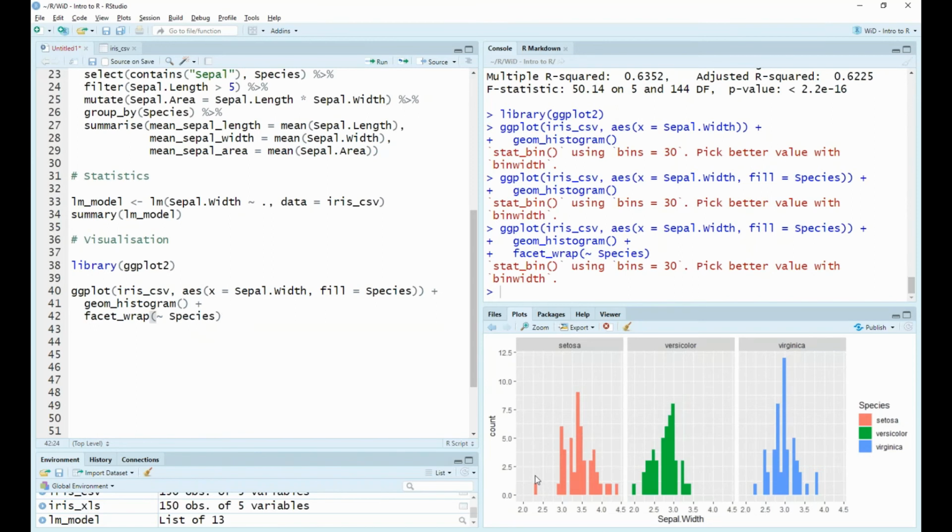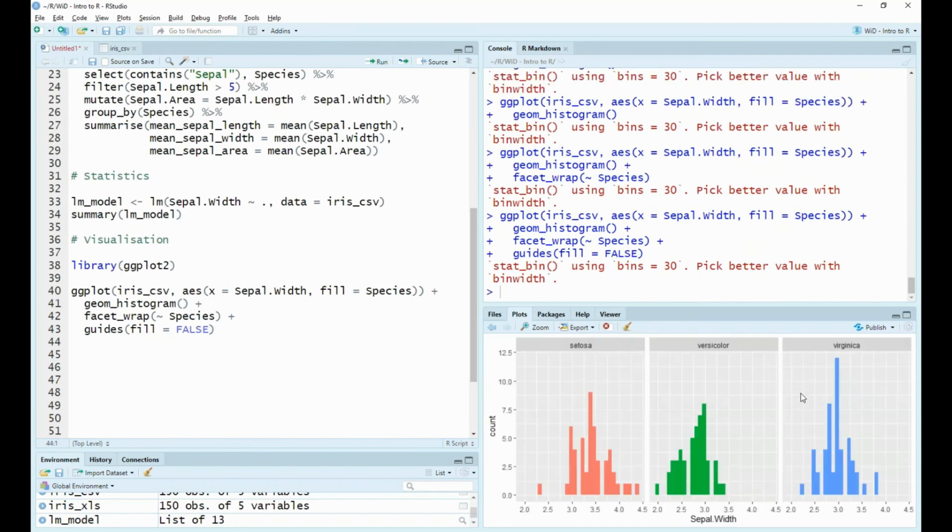Now we might want to have a bit more control, so we might want to remove the legend. I could do this using the guides function and tell it that I don't want this fill legend to appear here. And that is going to make that disappear. I could also add some more